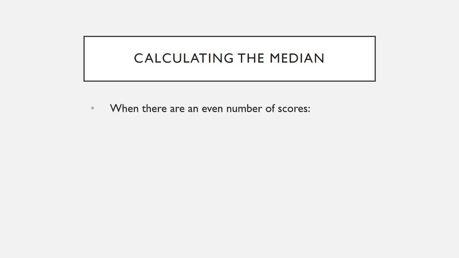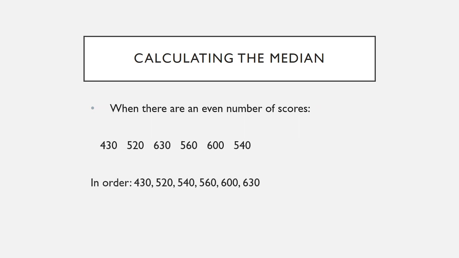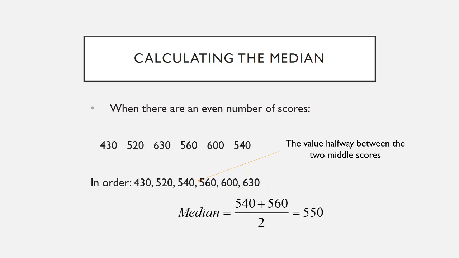If there's an even number of scores, though, you might be asking yourself, what does it mean to be perfectly in the middle? Well, you have to find the middle of the two middle scores. So you do the same thing. You arrange the scores in numerical order, and then you figure out what is perfectly halfway in the middle. Even if it's not a score in the data set, that is your median. So in this case, the median is the score halfway in between that 540 and 560. So the median is 550. Again, 550 did not actually appear in the data set, but that is the median because that is the score that would, with perfect symmetry, have 50% of the scores beneath it and 50% of the scores above it.